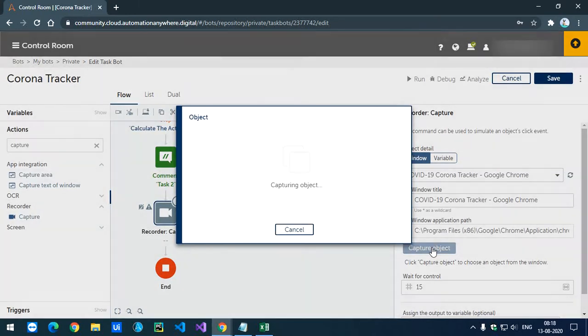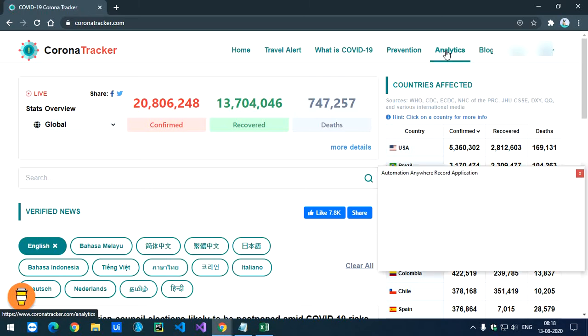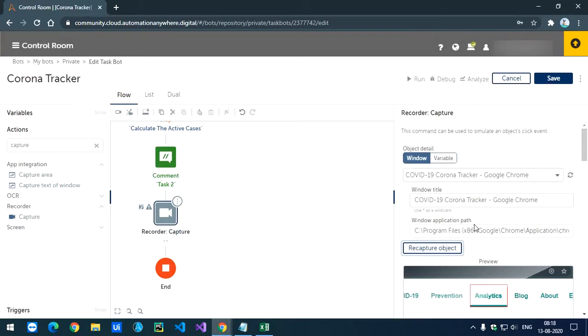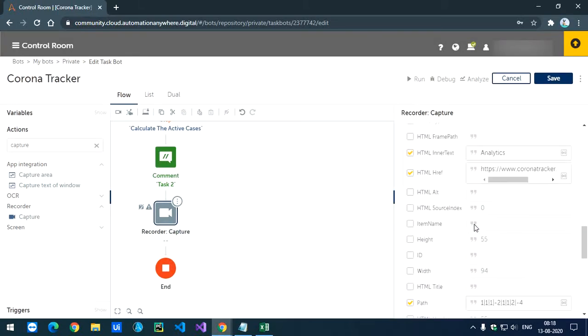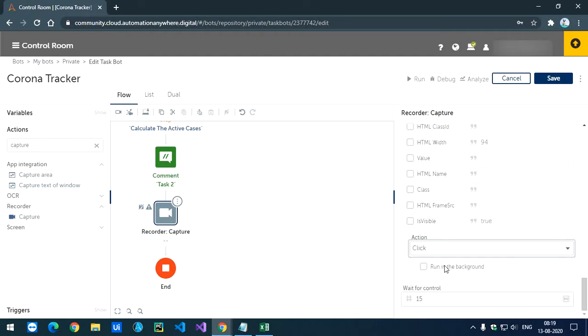Then I'll capture the object, which is this analytics tab. What I want to do here is click on that analytics tab, so I will select the action as click. I'll select run in the background and save.